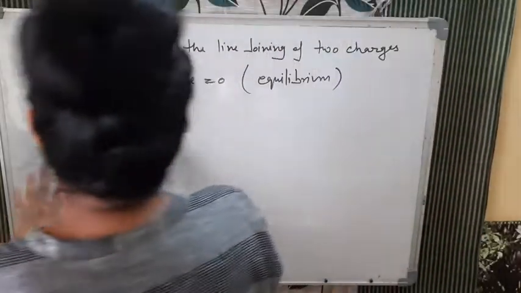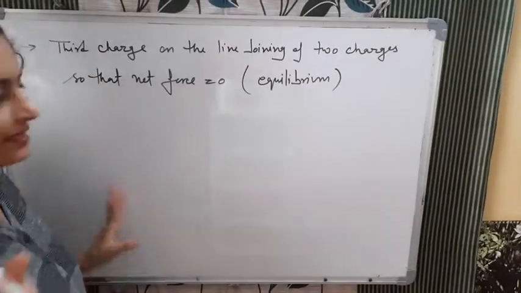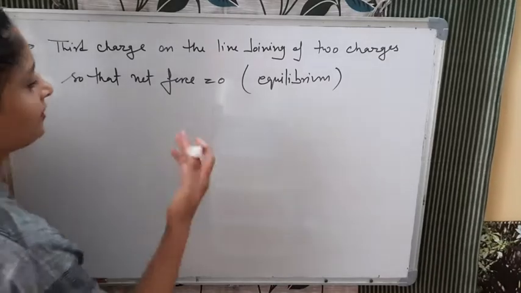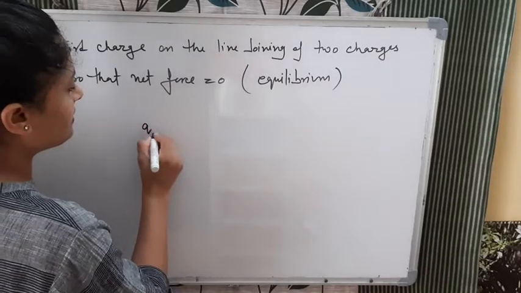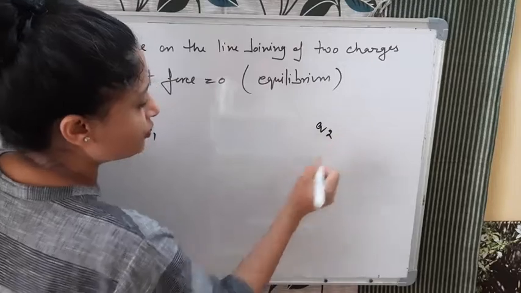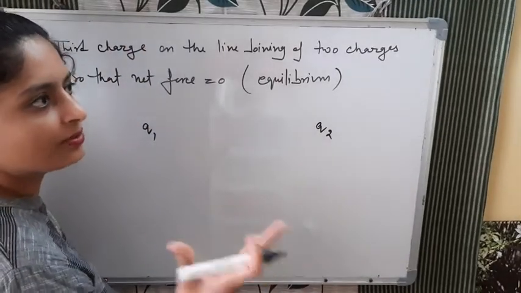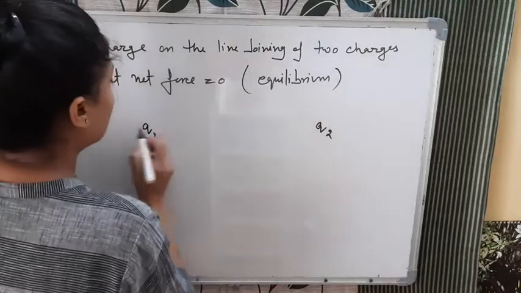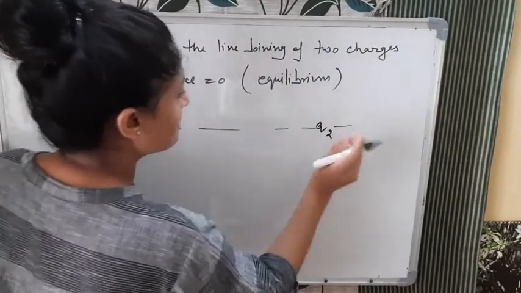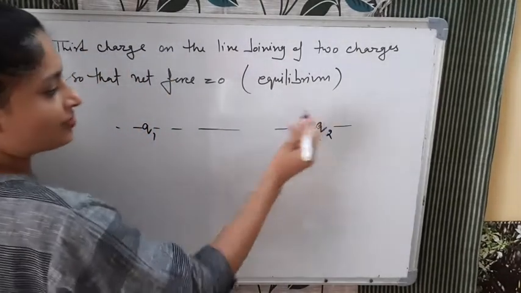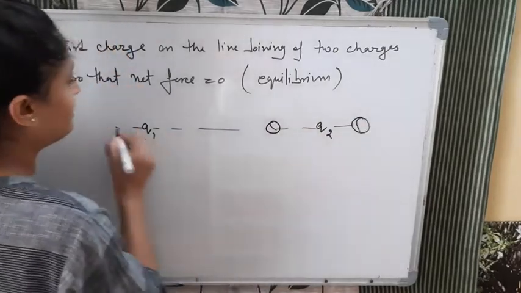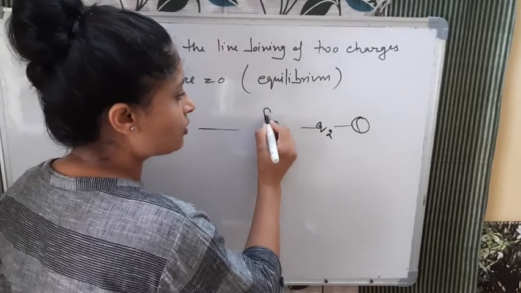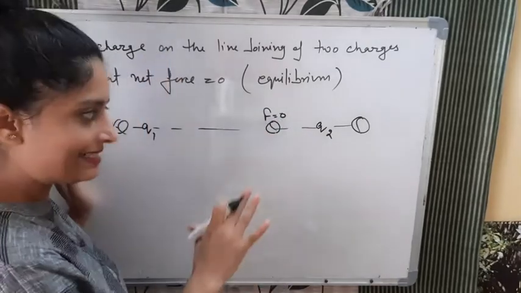See, they will be given two charges, and on the line joining the two charges there will be a third one. For example, one charge is here q1, one charge is here q2. In that also there will be two types. I will tell now. Wait. See, there are two charges q1 and q2, the line joining these two charges. Somewhere we will put the third charge here. These are the options. Anywhere we can put it such that the net force on that charge should be 0. These kinds of questions.